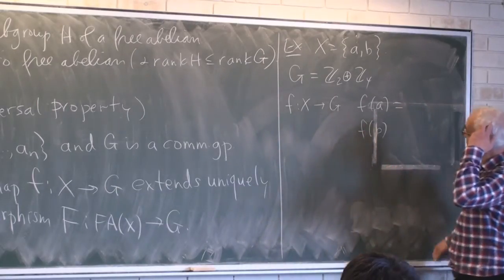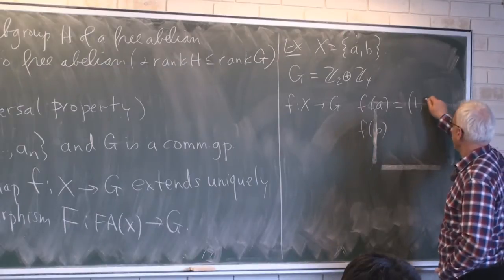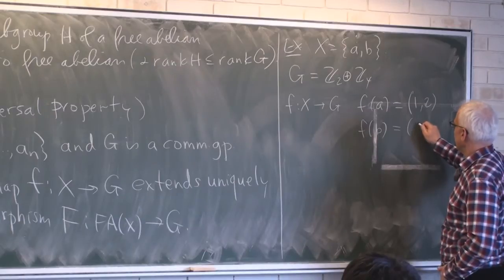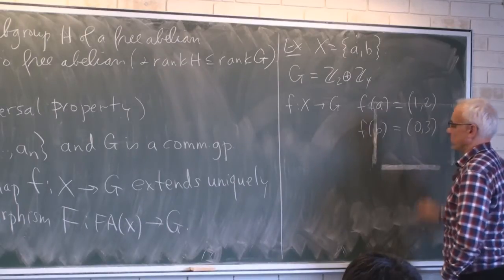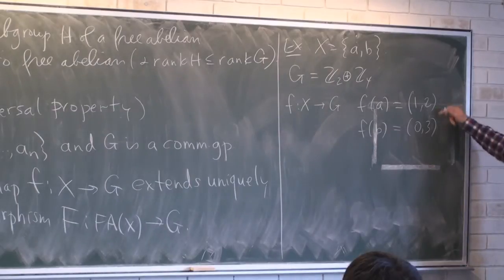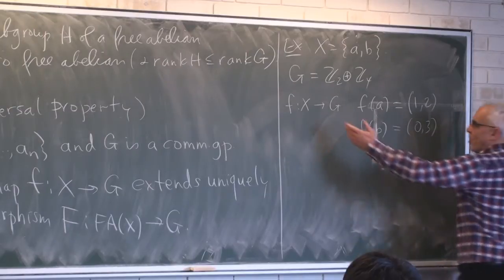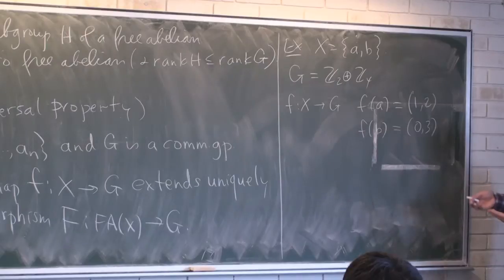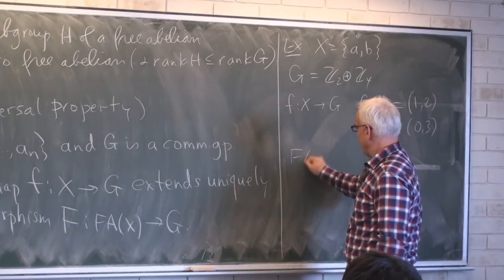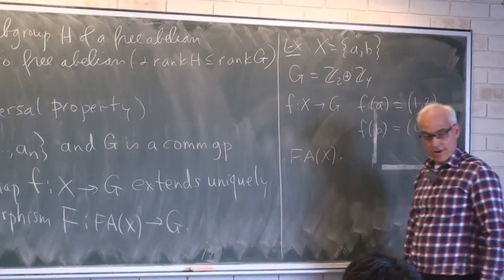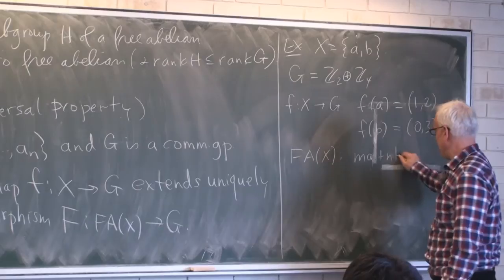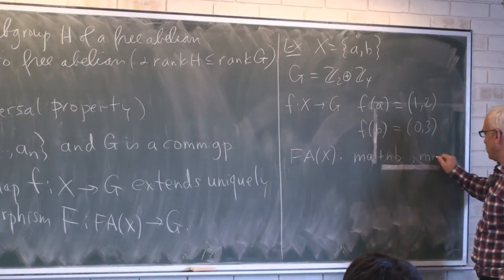Let's suppose that f of a is the element (1, 2), and f of b is the element (0, 3). These are just two random elements in this group that I've picked. I'm just choosing any old function from the set X into the group. Then the universal property is that if we look at the free abelian group on X, and I remind you that consists of things of the form ma plus nb, where the m and n are integers,